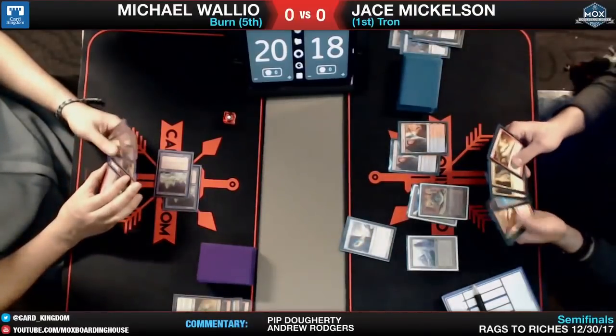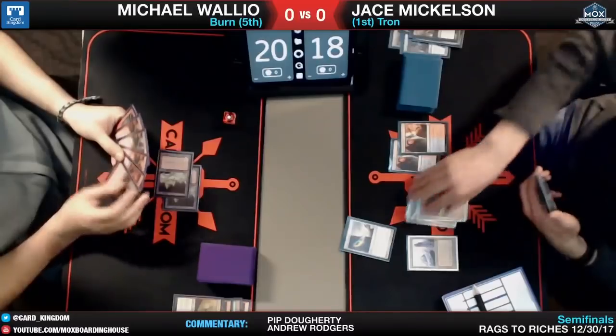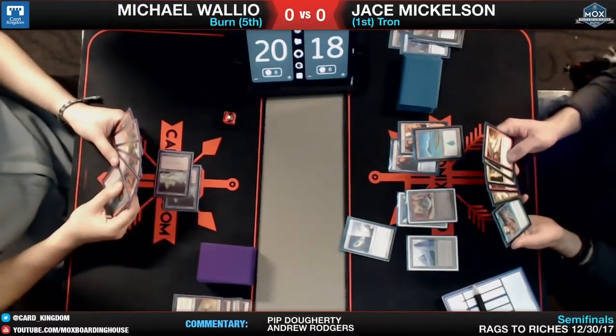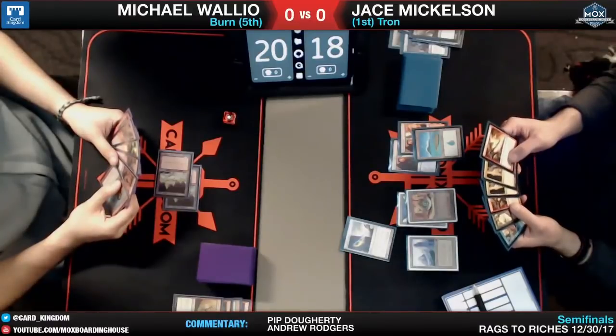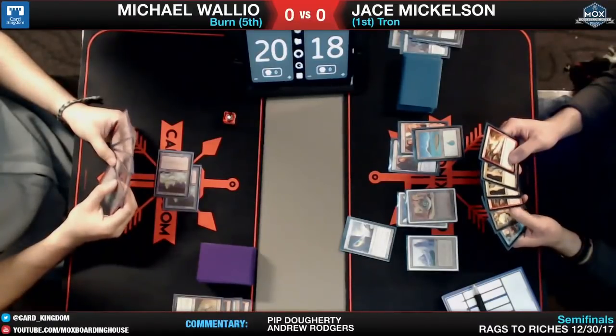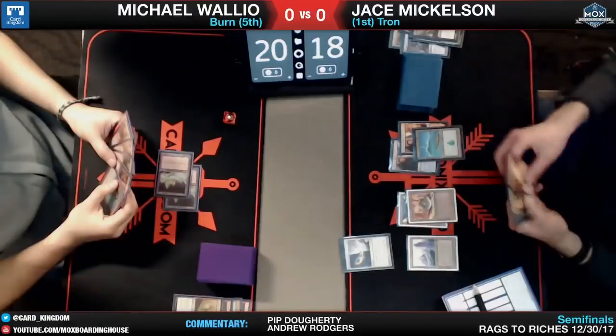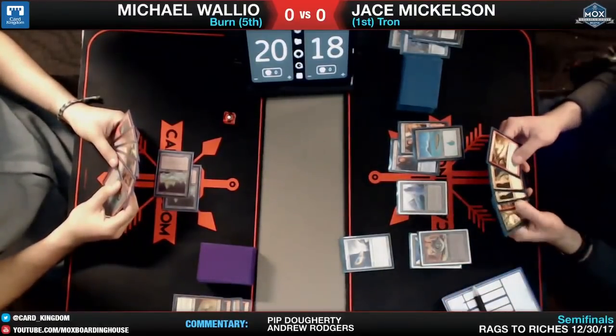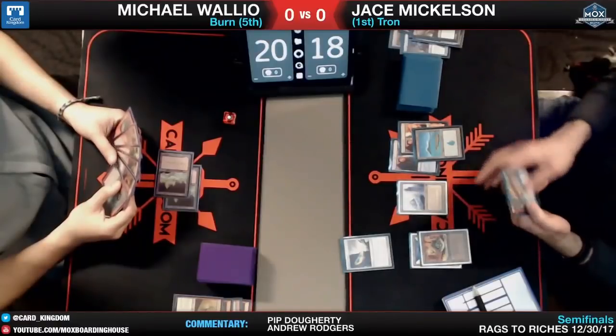Oh man. You know it's late when I missed that he Rift Bolts a Mole Drifter. We're deep, chat. We're deep into commentary today. Dies to Doomblade. Doomblade, not usually a card you expect to be great against Burn, but...